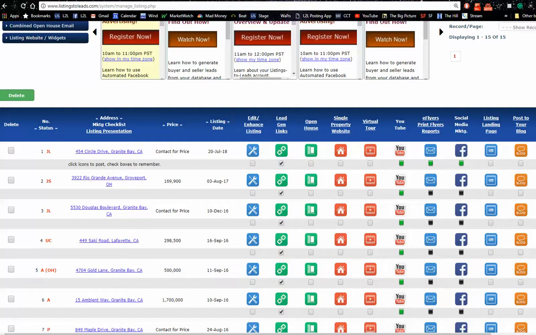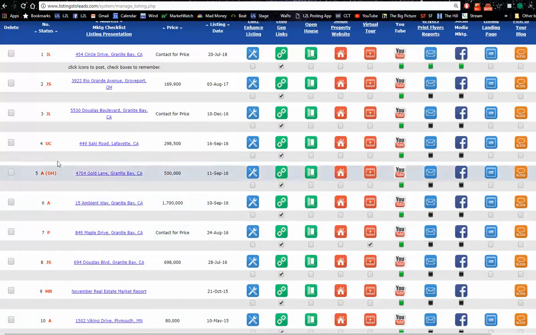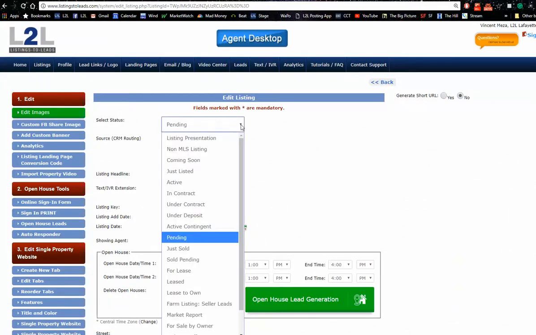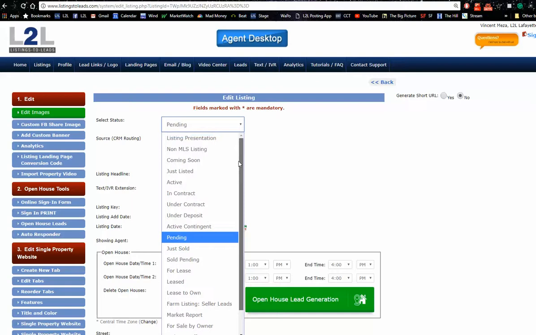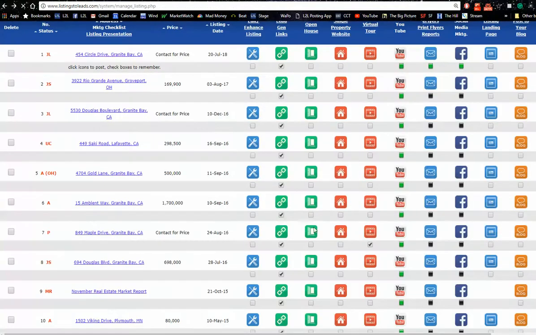Now, as I mentioned, there are other statuses, right? And I want to just point out, this one is under contract, this one is pending. If I click here on edit, I can choose all of the statuses that I want. Maybe active, contingent, just sold, under contract, in contract, whatever kind of applies to your MLS. But when you do that, like I said, the lead capture form is unique, right? So if we look at the single property website,